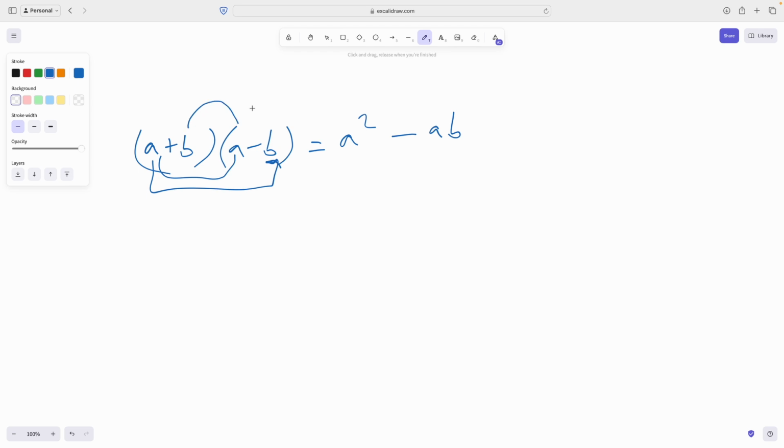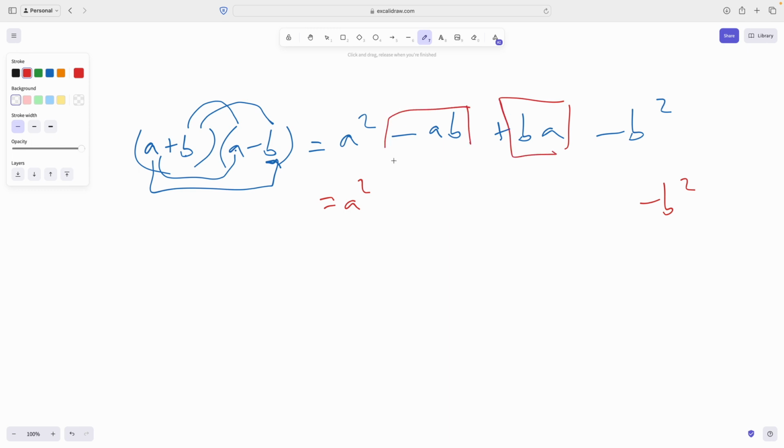Now let's do this one, which is plus b times a, b on the left, a on the right, and then minus b squared. So our next step is cancelling out, so equals a squared minus b squared. We keep those because they're different, and we're saying that this cancels with this one, so they're not the same